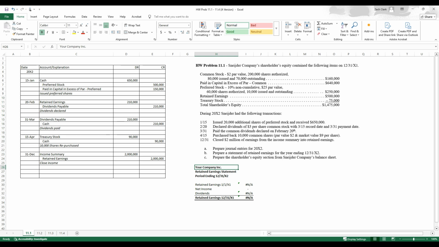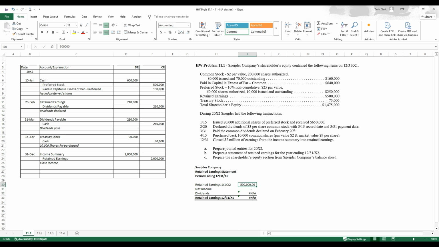So, did it tell us? Let me go back to that. Oh, here you go. Snyder, S-N-E-I-J-D-E-R company. Okay, so that's that. And so here we can say at the beginning of X2, this is the second year that we're looking at. So our retained earnings balance at the end of year one was 500,000. So we could just put that in,